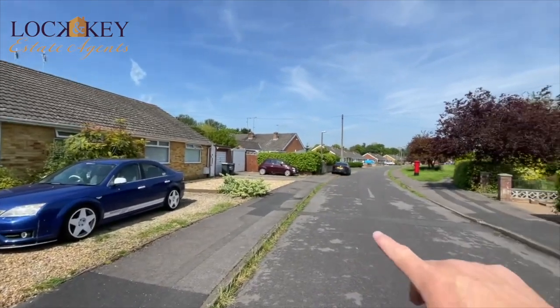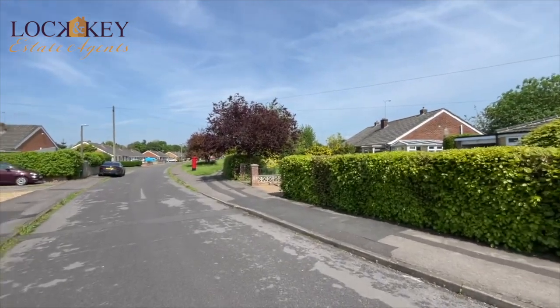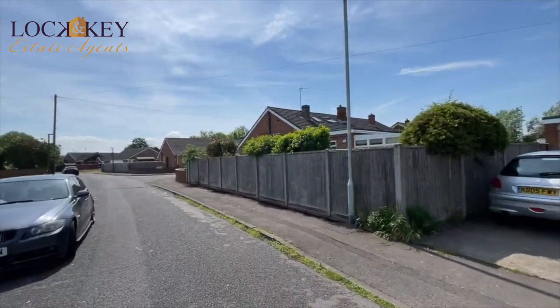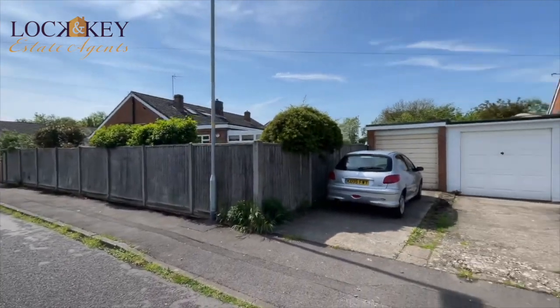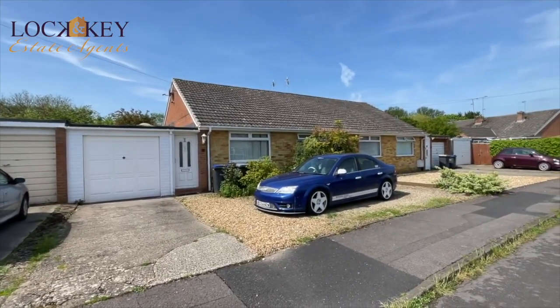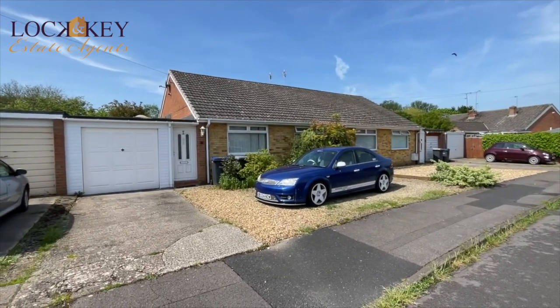Then Hornbeam Crescent, like a crescent, it's basically similar bungalows. Some are detached, some are not, and then that just links you up to the A350. And then if you go further up there, you can just go along Spa Road, and then you can link back into the town. And it's a level walk into the town, so there's a couple of ways you can get into the town. You can actually walk around to the campus and through the fields,